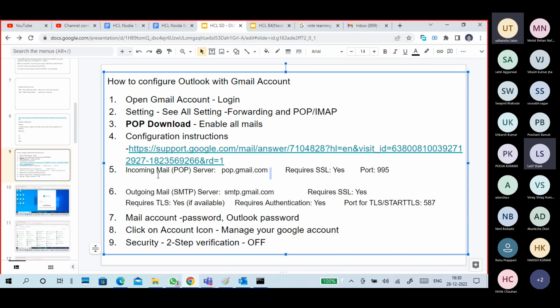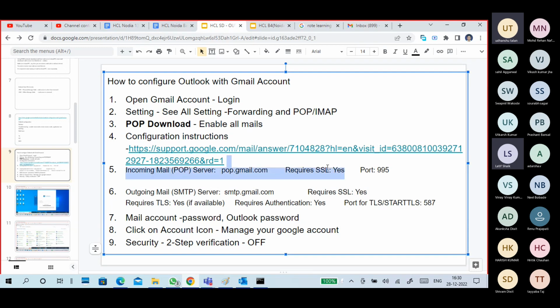pop.gmail.com is your incoming mail server. Outgoing mail server name is smtp.gmail.com. So you have an SMTP mail server, meaning outgoing mail server, and incoming mail server information you must have. And of course, we are using an encryption method, SSL, POP with SSL, that is port number 995,